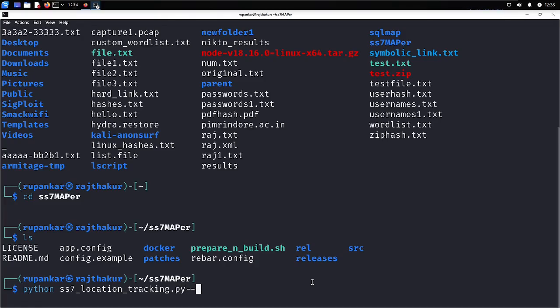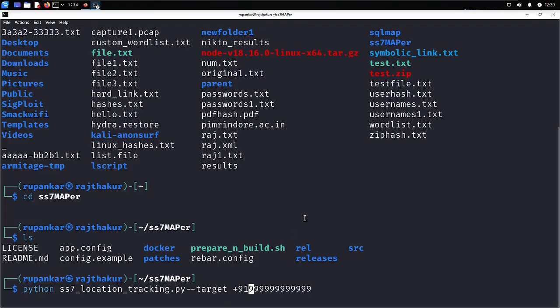Then simply put the target phone number. Let's assume this is your target phone number. You specify that it's a target, and put the number, like if it's in India, then you put +91 before the target number, and then you can get the result. This will help you do some location tracking via SRI-SM message, and it allows message parsing and debugging of the SS7 communication, which is very helpful in identifying the message patterns for any exploitation and all.